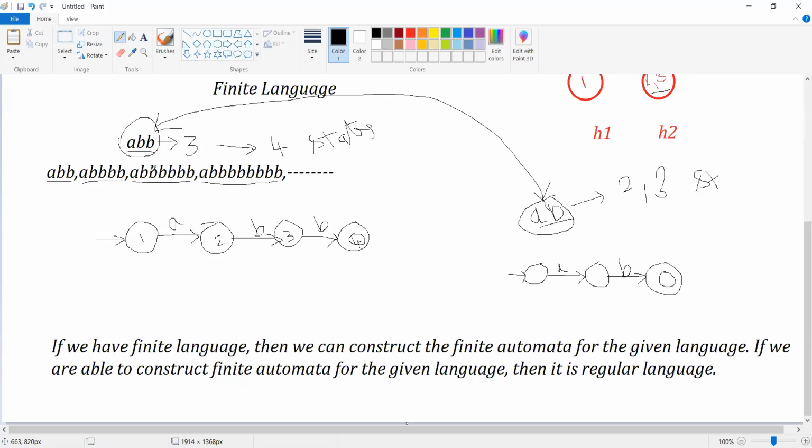In such cases, designing a finite automata is going to become very, very difficult for us. Whenever you want to construct a finite automata with enough states, you need to look into the strings.